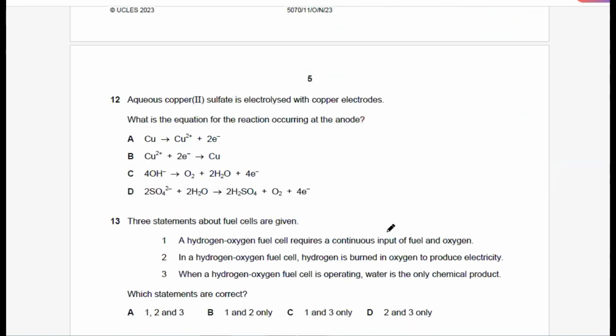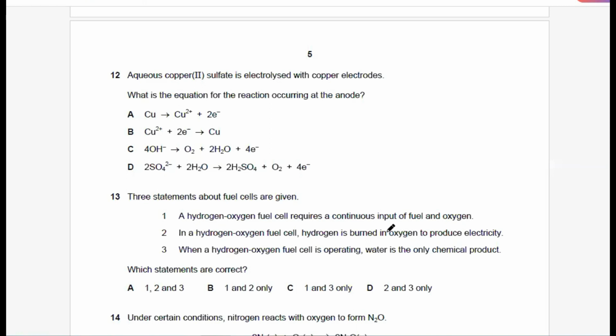Now for question number 12, aqueous copper 2 sulfate is electrolyzed using copper electrode. What is the equation for the reaction occurring at the anode? It's copper sulfate, so we are having copper cations and hydrogen cations, right? Now, according to the reactivity series, it is easy for copper ions to be oxidized, right? But they will move towards the cathode, but when we talk about anode, we are having